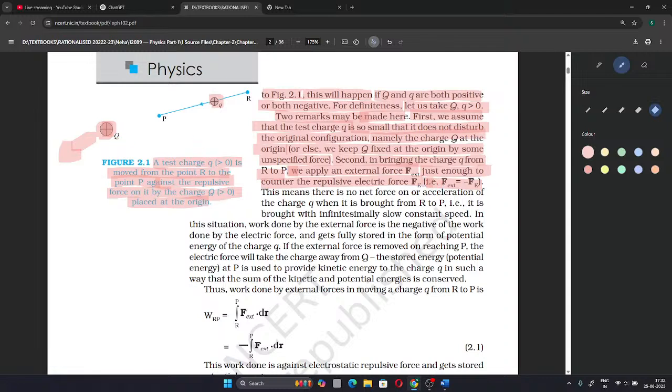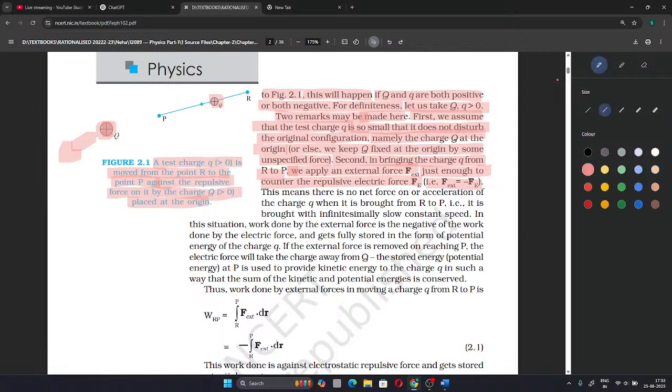That is F external, or the force applied on this test charge to bring it closer to this main charge. That force, we take it as equal in magnitude to the electric force due to electric field, but it is opposite, so that is why it is a negative sign,